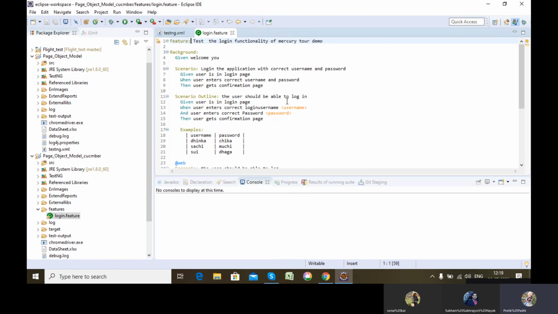Let's say, for example, this particular feature I have created to design the login test case. So I can write, test the login functionality of Mercury Tours, etc. You can write anything. Only the keyword is important here. It is, you can say, the heading or the title of a page. It depicts what this feature file is trying to do.